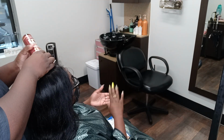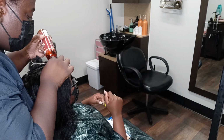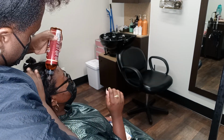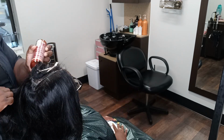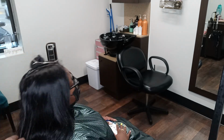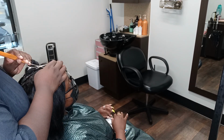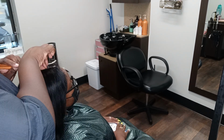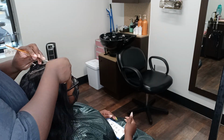All right, you guys. So my client came in today. She did have a quick weave. Her quick weave was in for about 3 weeks. She got it done when she was located in New Orleans. She is a traveling nurse. So I want to take this time to tell all the traveling nurses, thank you for everything you have been doing. What I particularly want to talk about with this quick weave is that it was very, very, very difficult